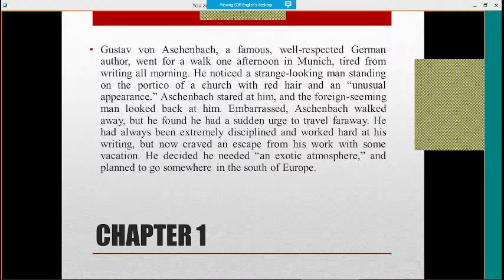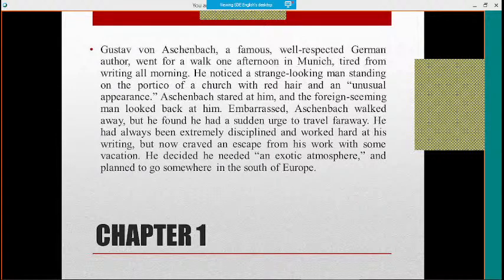And Aschenbach suddenly has this realization that he wants to travel. A sudden urge, a sudden desire. He wants to go to a faraway place, somewhere else. So this is important. Now what happens is that